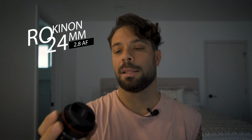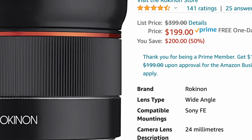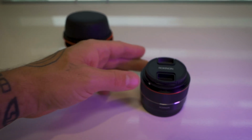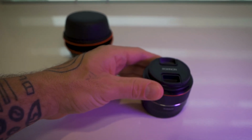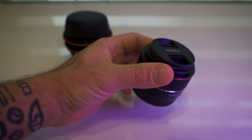I'll tell you why this is one of my favorite lenses that I own and why it always stays attached to my Sony A7C. One, it's cheap. It's $199 and it's super lightweight. So if I drop it or it gets scratched or ruined or I throw it in my bag and something happens to it, I'm actually okay with that because I could buy another one cheaper than I could buy the